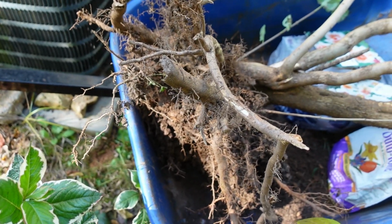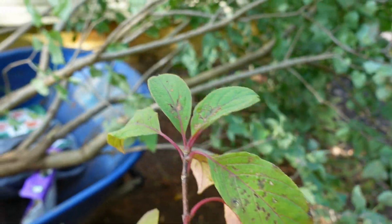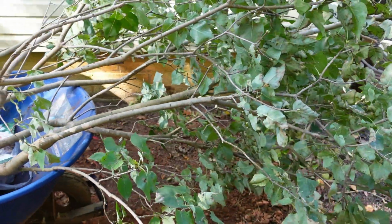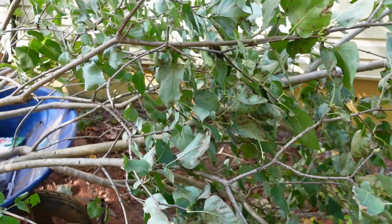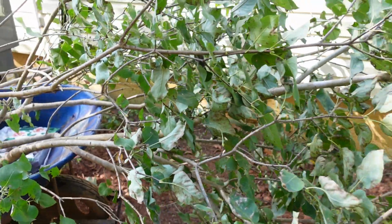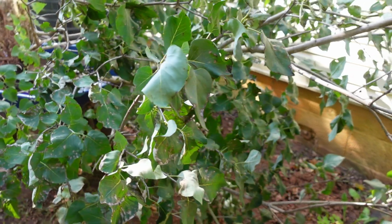I'm really upset about that, but hopefully we can go ahead and get this in the ground, amend the soil a bit, give it a really good drink of water, and hopefully it will settle in through the winter and come back for us in the spring. So I'm going to be planting this large lilac